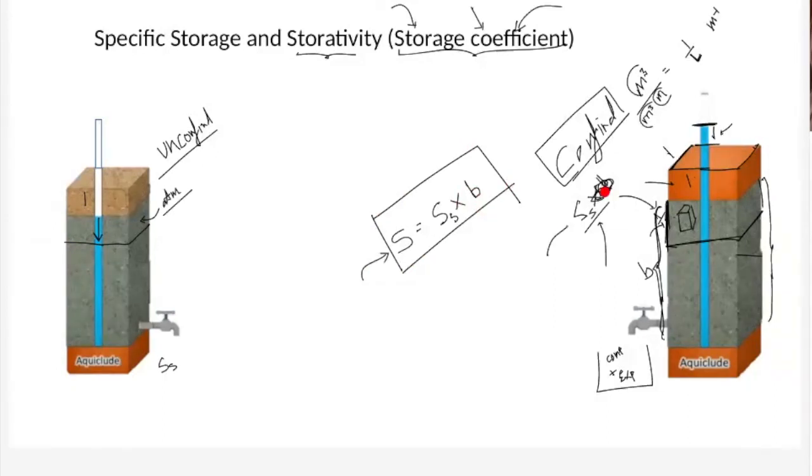एक बार concentrate करके सुनो. Specific storage is, एक्यूफर का 1 यूनिट वॉल्यूम अगर मैं ले लूं, ठीक है प्रकाश, एक्यूफर का 1 यूनिट वॉल्यूम ले लिया मैंने, उस वॉल्यूम को देख रहा हूं मैं. Now I am dropping the head by 1 unit. Whatever water is released, that is my specific storage, right, from that unit volume, not the whole aquifer,